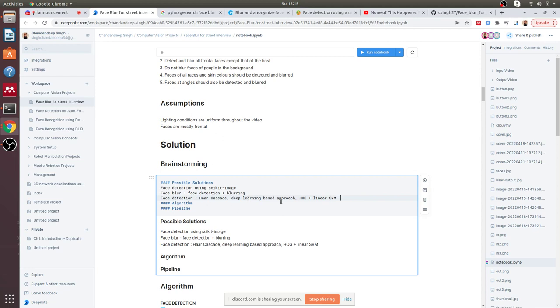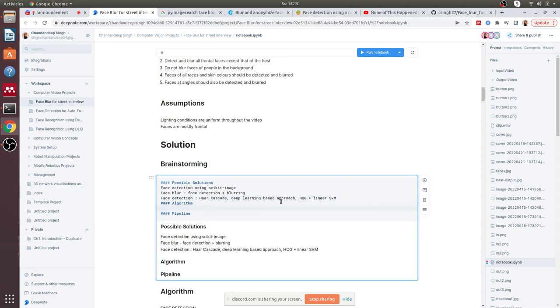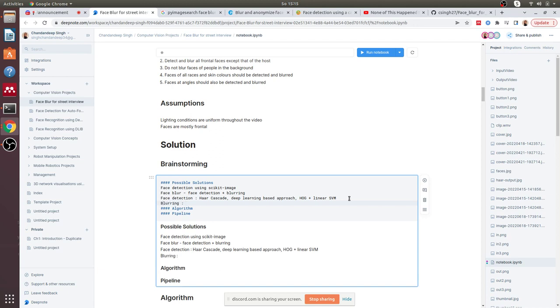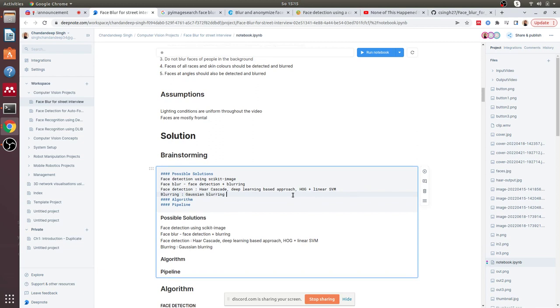Right now, I think we can just collect ideas, and so this is face detection, and then blurring. So for blurring, Gaussian blurring, I think this is the simplest way we can go about it. And so now that we have an idea of